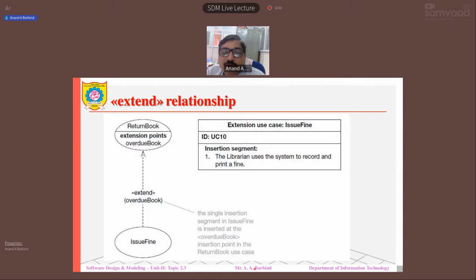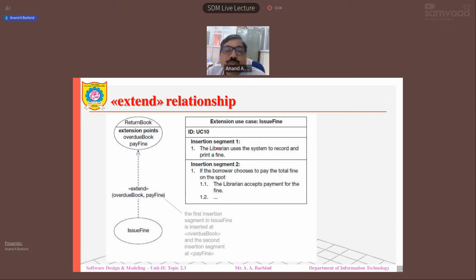You can show that with this particular extend relationship. Here there are two extension points you can see in the written book. One is overdue book and the other is pay fine. So with overdue book, the fine is issued, but it is not actually paid. So for actually paying the fine,